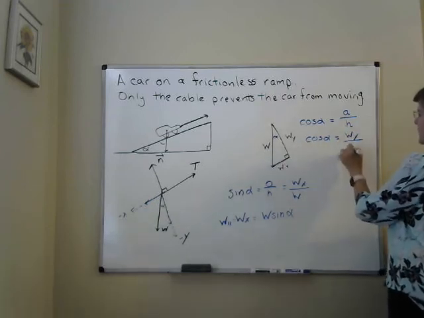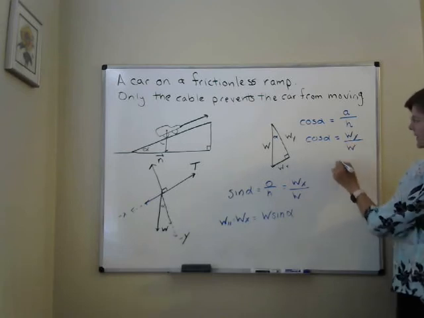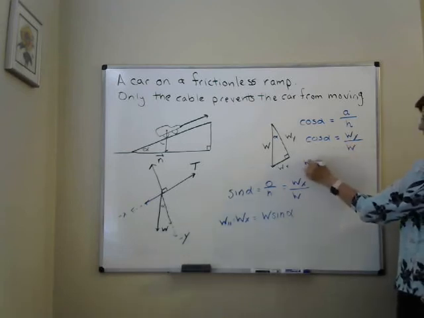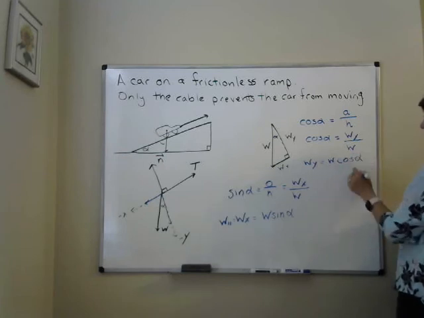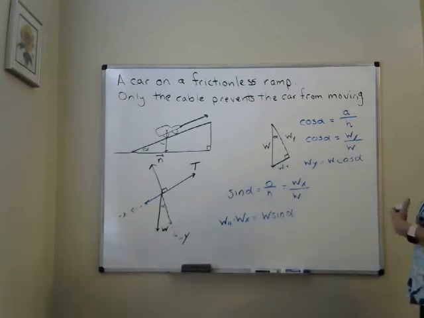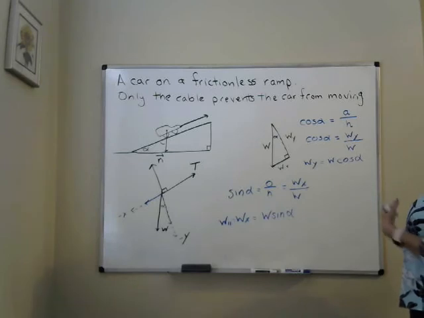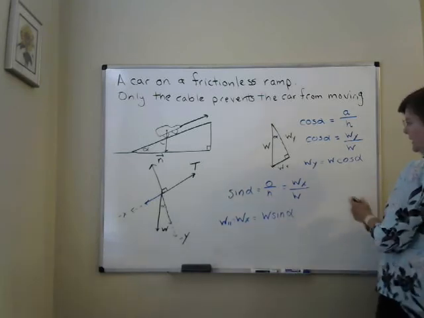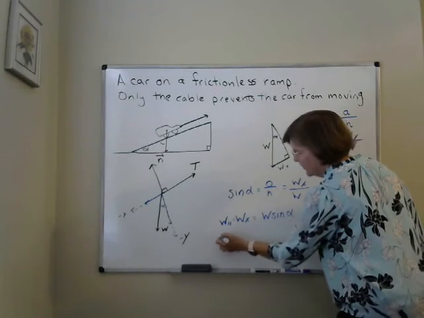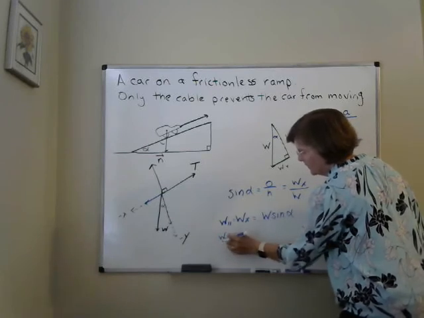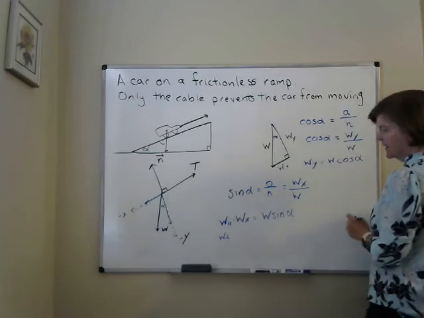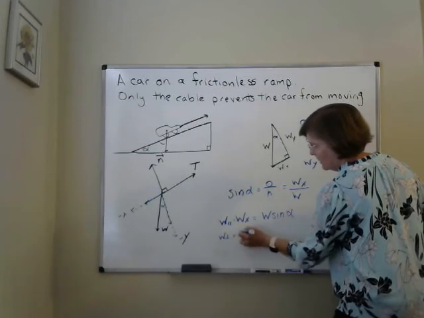Hypotenuse is W. And I end up getting that Wy is W cosine alpha. This is sometimes called the perpendicular component because y is perpendicular to the ramp. So we could get that W perpendicular. That little symbol means perpendicular, just like the two parallel lines mean parallel. Or Wy